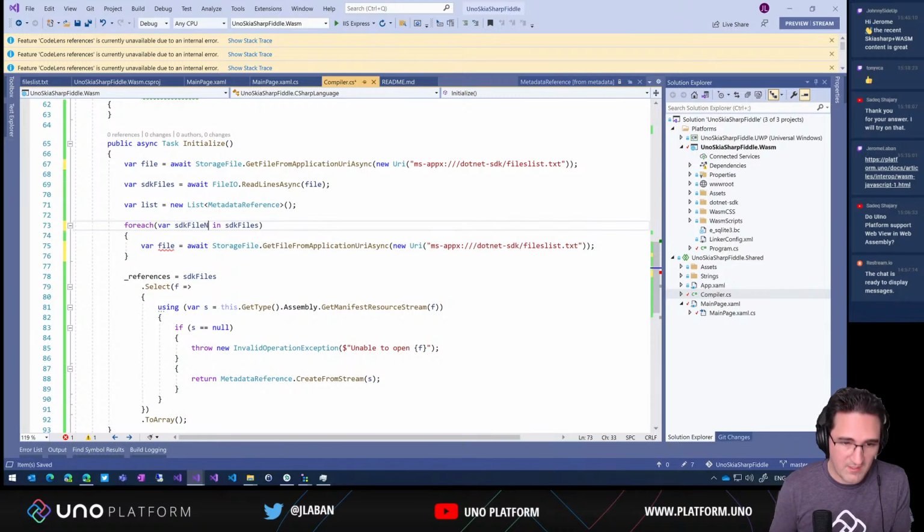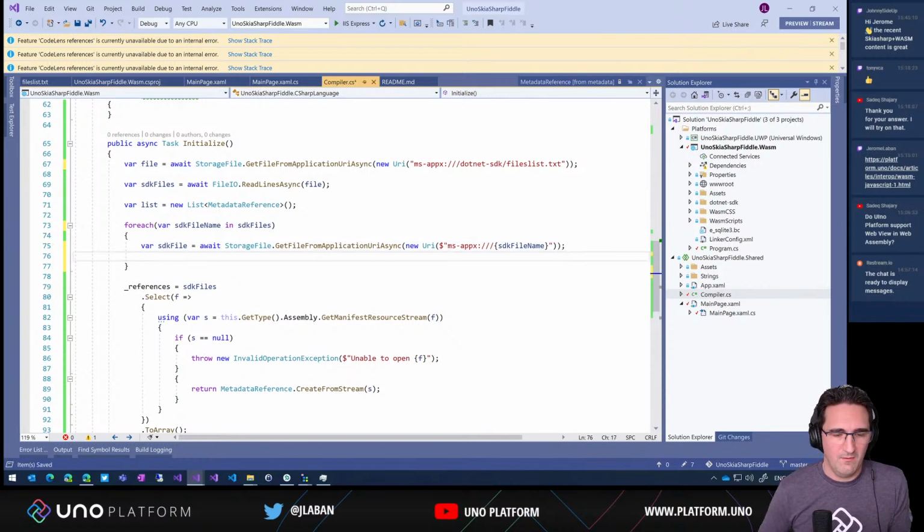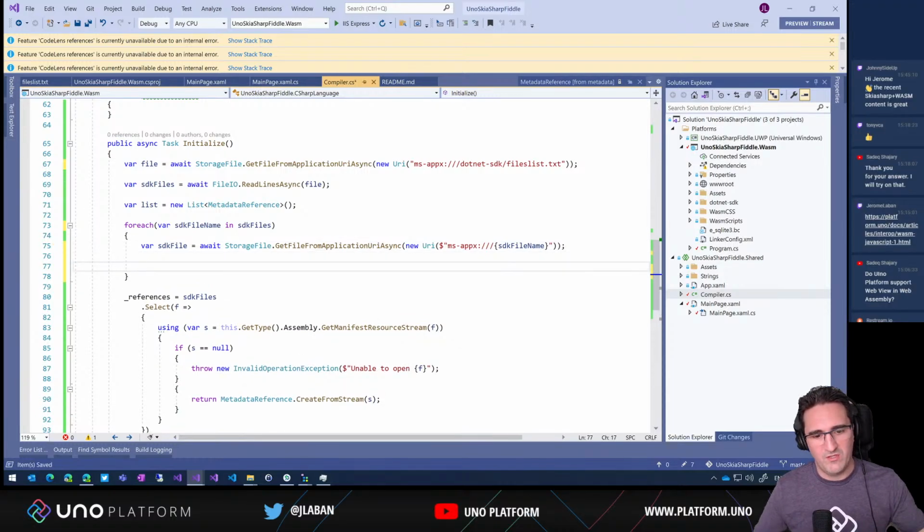I'm just going to use SDK file name. That's an SDK file, and then here we're going to compose the string. So we can just do something like this. And instead of that path, just use the one that comes from the SDK file name here. There we go. So that now we have that file,